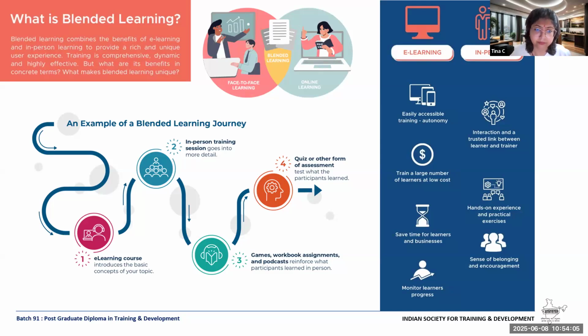of training and development. So let us say after that, the in-person training session goes into more detail. This is what I spoke about, that you get the data from the pre-work. Most of the people will disguise it under the name of pre-work. And then when you have an idea as a learning expert, you can deliver the adaptive training content. And then you give some games and assignments. And then you also request people to record videos or audios, to talk about the problems that they solve. So in a classroom setting, typically what do